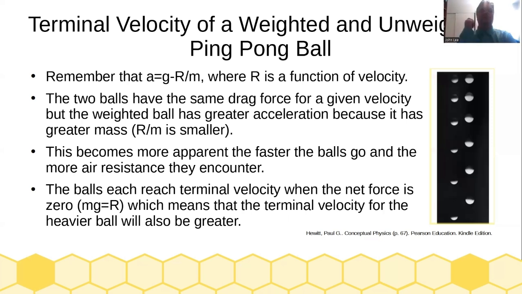So the two balls have the same drag force for a given velocity because they're the same shape, but the weighted ball has a greater acceleration because it has a greater mass, which means that R over m is smaller. This becomes more apparent the faster the balls go and the more air resistance they encounter. The balls reach terminal velocity when the net force is 0, mg is equal to R, which means that the terminal velocity for the heavier ball will also be greater. This seems to give credence to Aristotle's idea that a lighter object would fall faster than a heavier object. But one thing that he didn't take into account was that there was this terminal velocity that is involved with